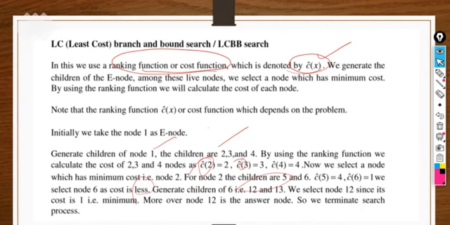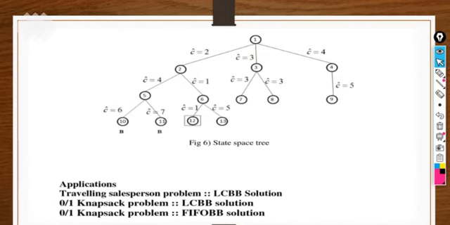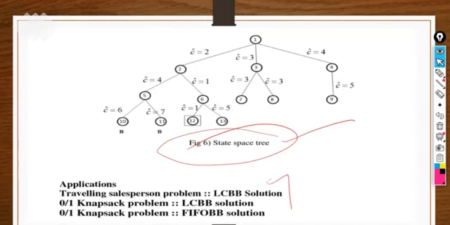So it is the least cost process, in which we will take care of the cost function and upper bound also. We will discuss these three techniques with the help of an example. Now we are taking the 0-1 knapsack problem as an example, right? This is a state space tree diagram with respect to the LC bound, right? Now we will understand these three techniques with the help of 0-1 knapsack and the traveling salesman problem. The traveling salesman problem we will discuss later in the next lecture. Right now we will discuss the 0-1 knapsack problem.